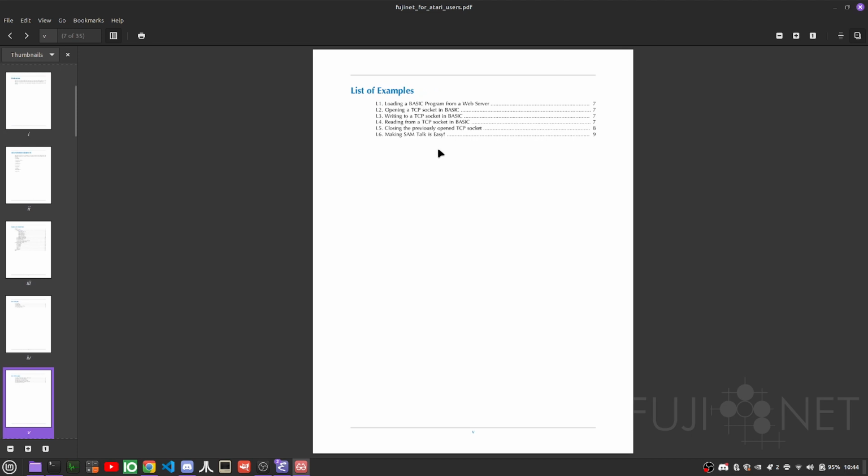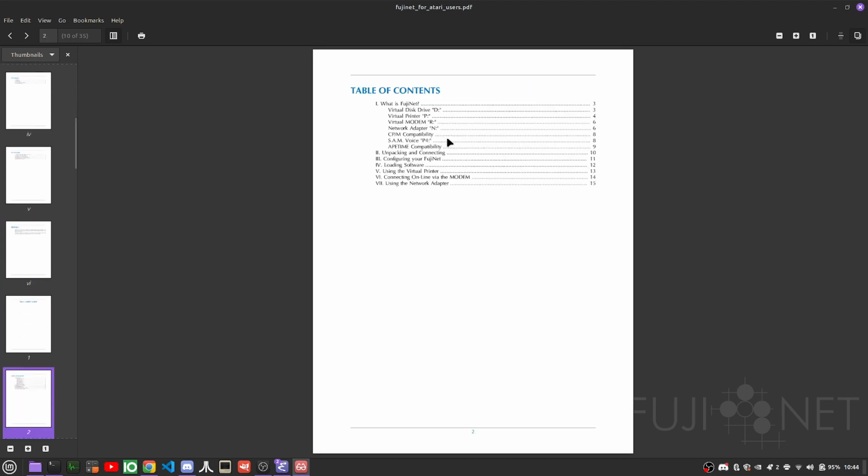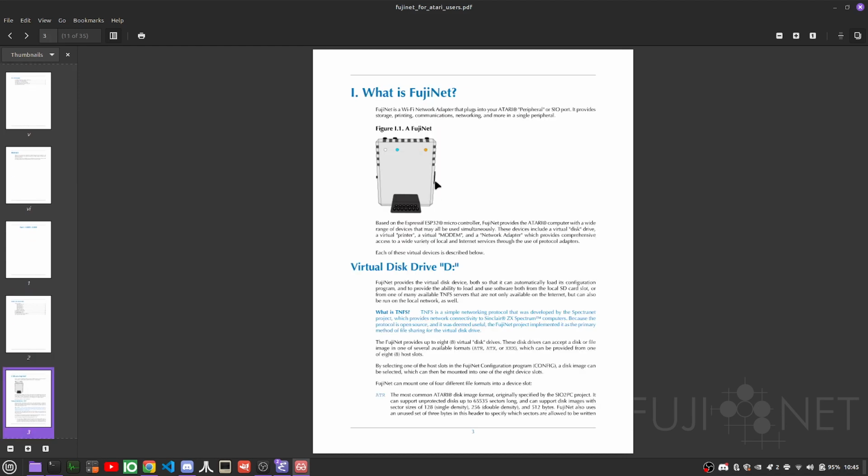List of figures, list of different examples so you can go right to them. Preface, and then the user's guide, which has its own table of contents as well. Each part has its own table of contents. So, what is FujiNet? We have a figure right here, figure diagram, and we have our paragraphs are nice and